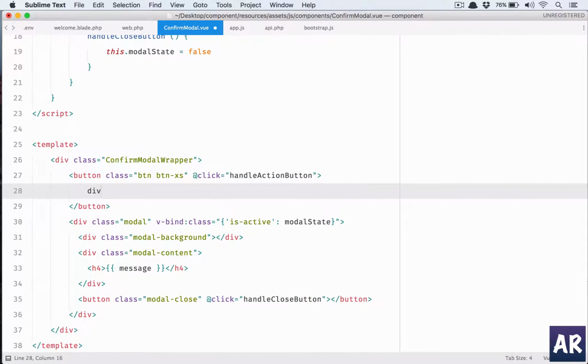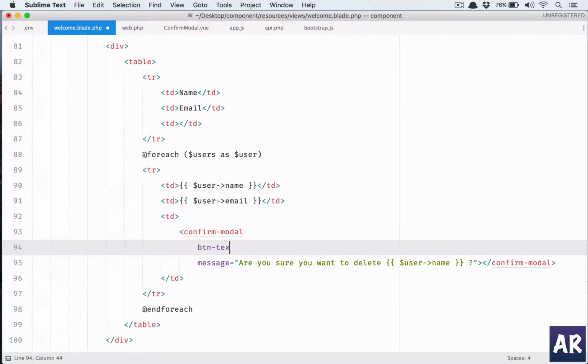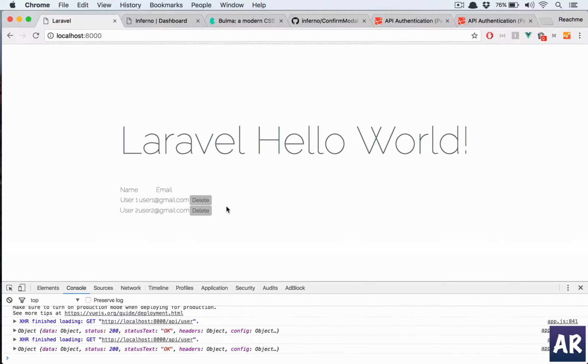Okay, div, and we will vbind HTML to btn text. So from this, I'll show you. We can do something like button text equals,